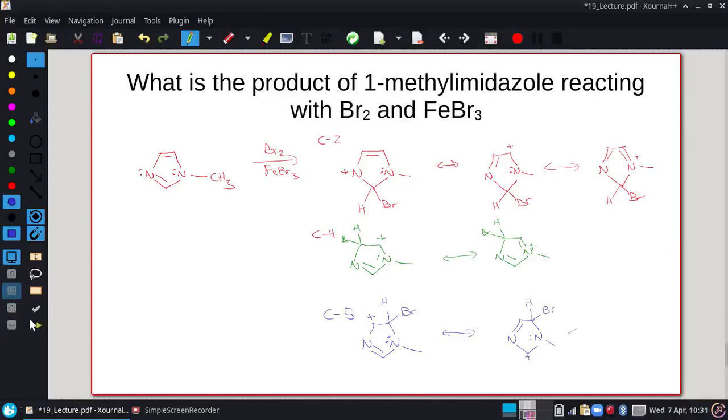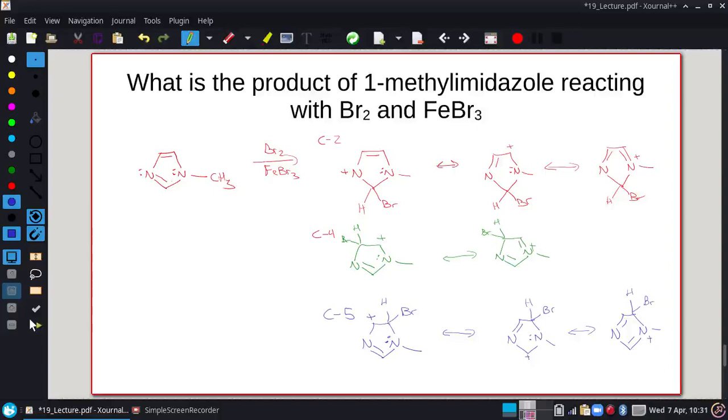And I can do that with that particular location. Alright, so I got three contributors there. So it's definitely not C4, because C4 only gave us 2 contributors, and we have 3 contributors from C2